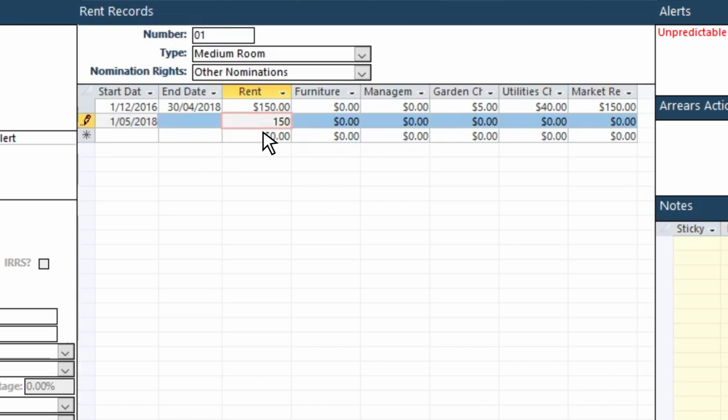We can also see that there are 4 other columns here: furniture charge, management charge, garden charge, and utilities charge. These column headings are examples of charges that are not rent, but are charges that the client will be charged alongside their rent each week. Your Chintaro system administrator can change the names of these columns to suit your organisation, but for the moment, let's assume that we're going to charge Neil a utilities charge of $5 per week, so we key in $5